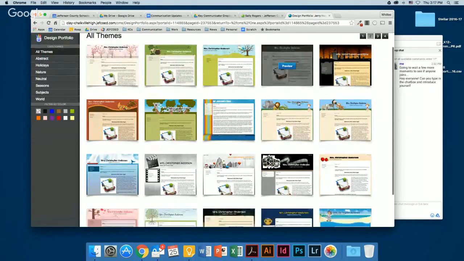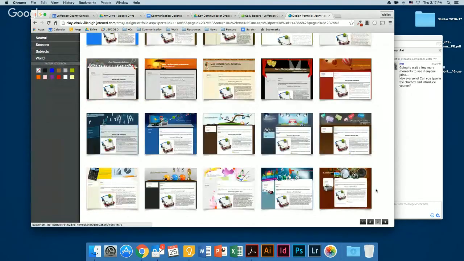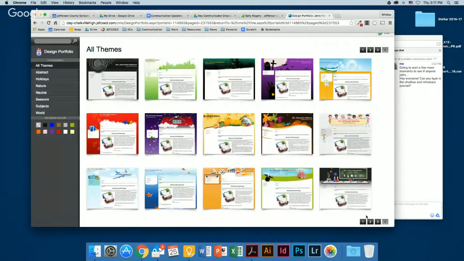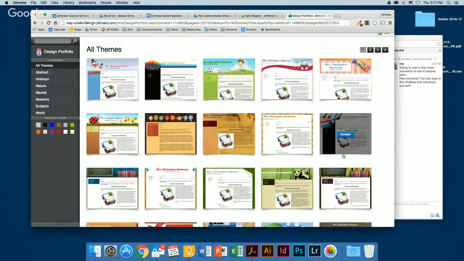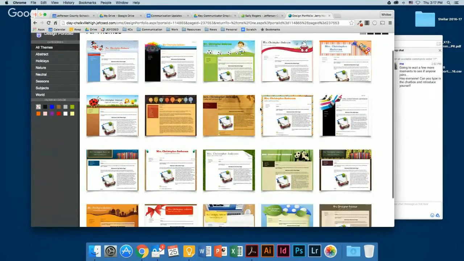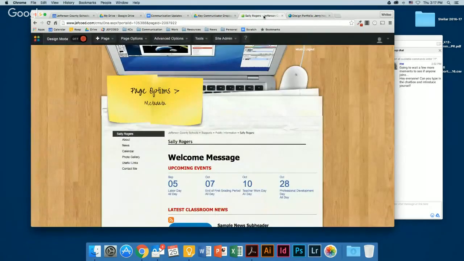And I think that they make new ones maybe yearly, so they won't get boring. Hopefully, they'll keep adding more and updating them. But there's a lot to choose from, which is nice. So not like every page looks the same. For this one, I chose the technology one, but this is just a sample.